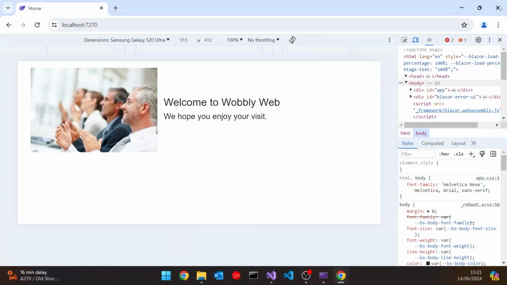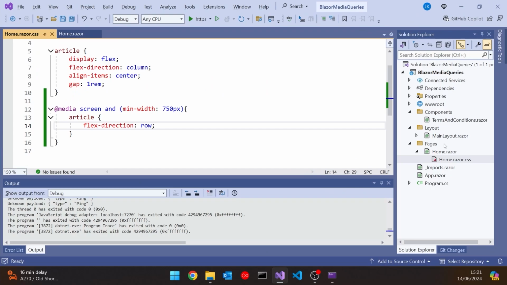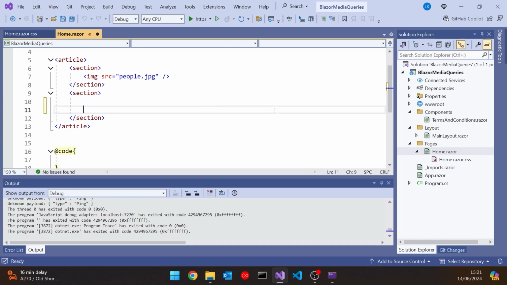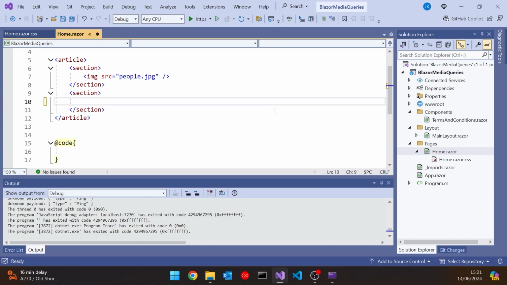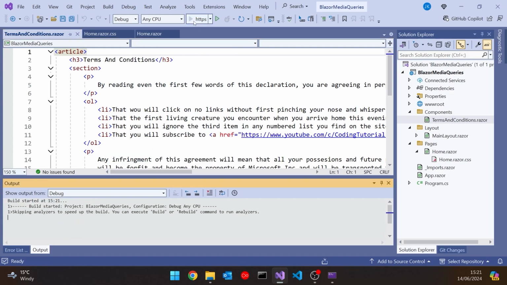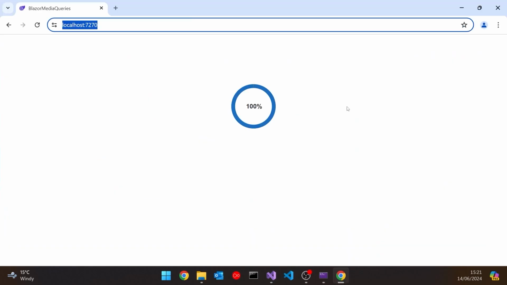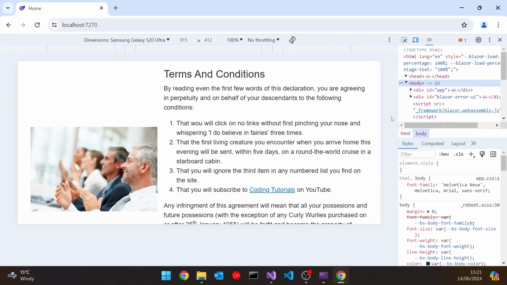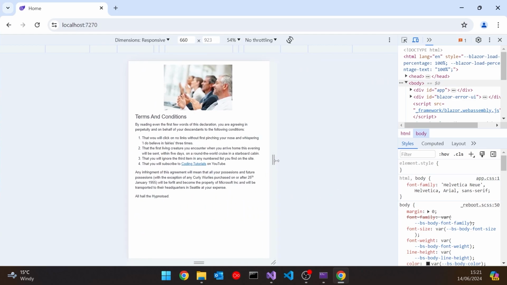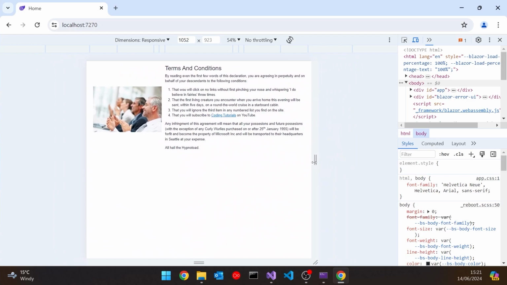So for example, let's suppose that in this homepage, instead of that fairly simple message, we were going to put in a component that I've already written that's just called terms and conditions. You can see that I've just put that over here in components, and it's just a load of text for terms and conditions. But the thing is now, if we run that up, and again bring up the dev tools so we can see what's going on, we can see that although it still works in terms of switching to the side or the bottom,